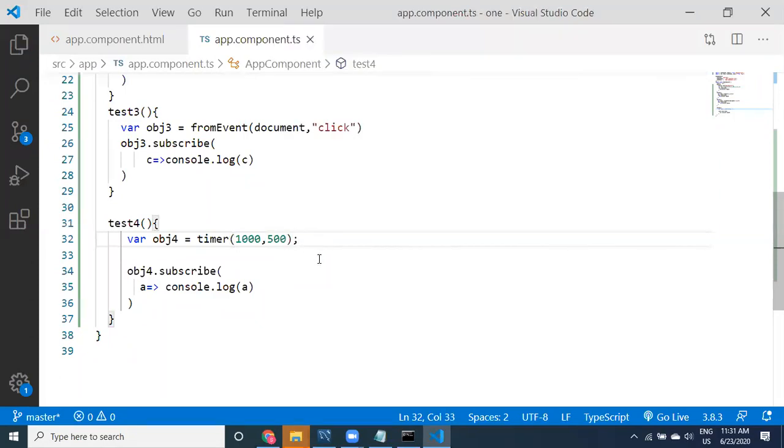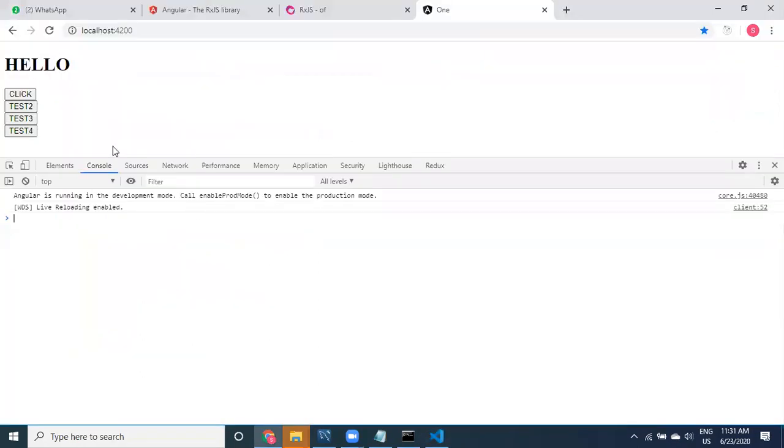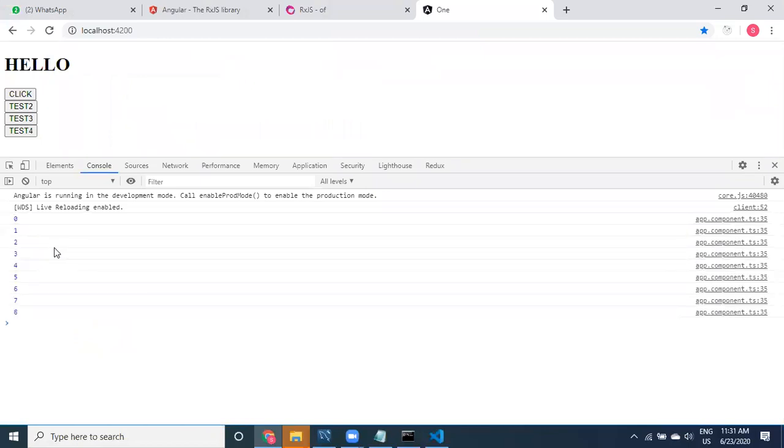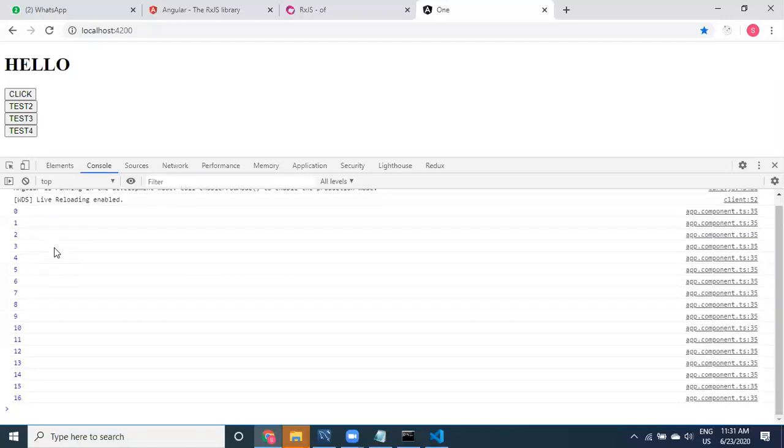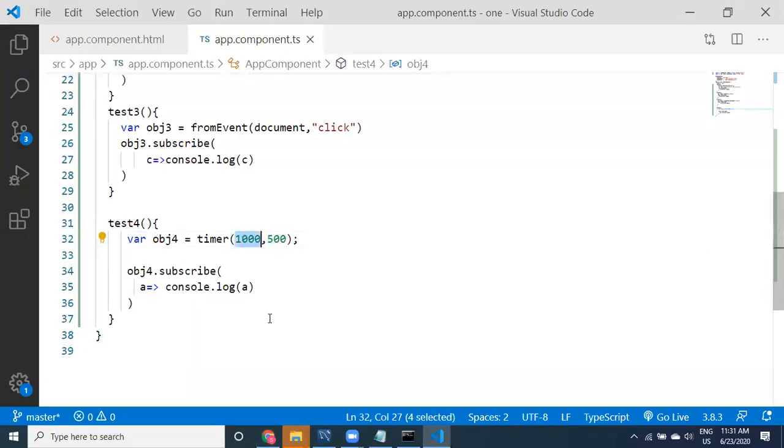See here what happens now. What happens after 1 minute, for every half second, sorry, not 1 minute, after 1 second, then it starts emitting the values. The first value comes after 1 second.